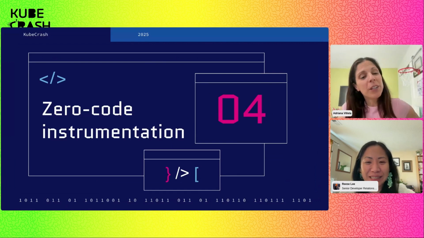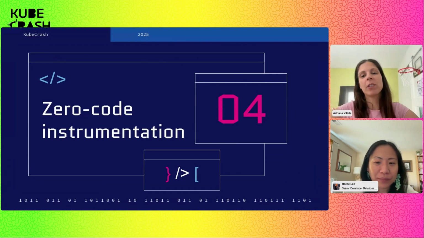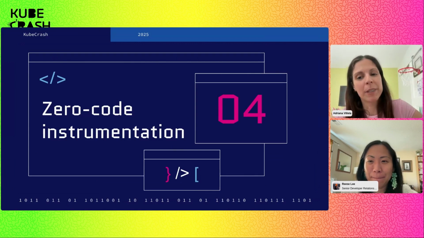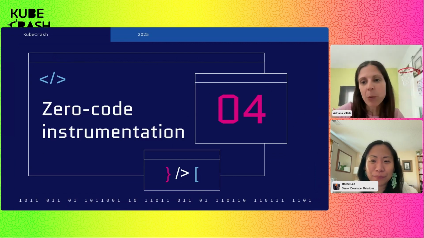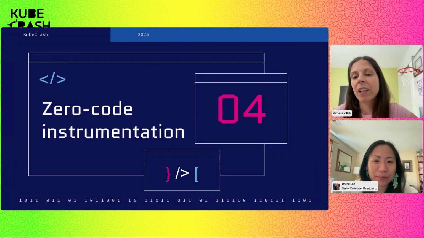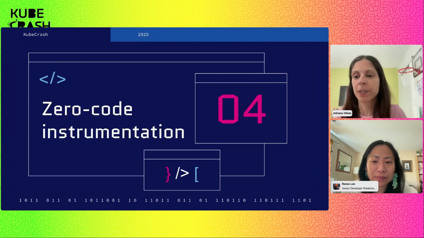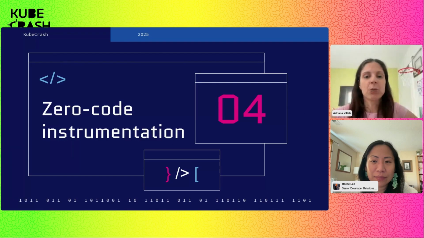So we are going to be talking about another cool aspect of the OTel operator, and I'm a huge fan personally of the operator, and that is zero code instrumentation. But first, let's rewind. Now, when it comes time to instrument your code with OpenTelemetry, you have options. You can either do it through zero code instrumentation, also known as auto-instrumentation, or you can do it through manual instrumentation, or a combination of both. But first, what do we mean by